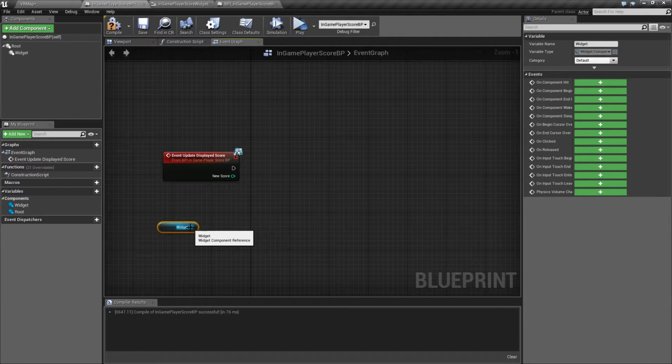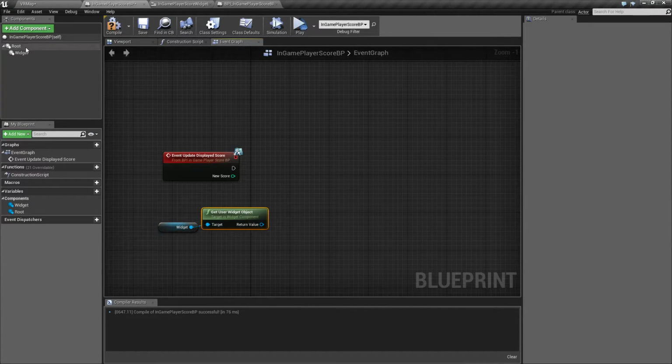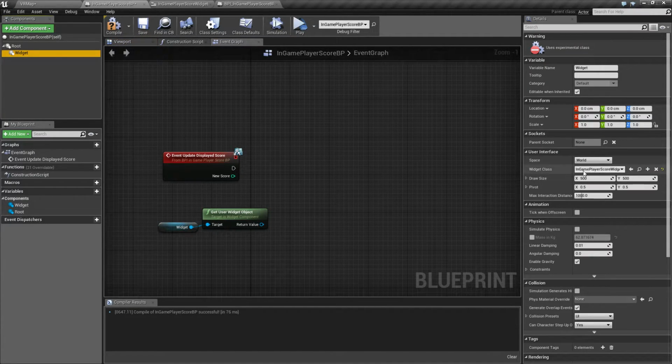Now, this is a widget component reference. We need the actual widget component itself, the widget that's inside of the widget component. And that one is the get widget. And we have the get user widget object. This is going to go into here and ask us for this widget right here,